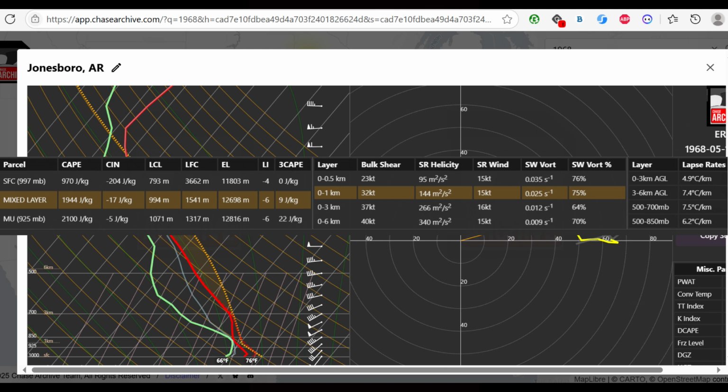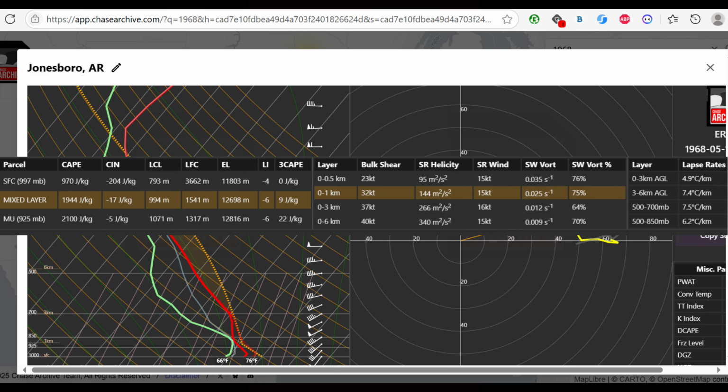And we do see some CAPE. So we're probably talking about more elevated instability above 700 millibars, contributing to the profile more so, and some colder temperatures aloft. You see just above 700 millibars is the freezing level, and there's some instability just below that, and there's some instability above. There's actually quite a lot of instability right above the freezing level, which would probably suggest